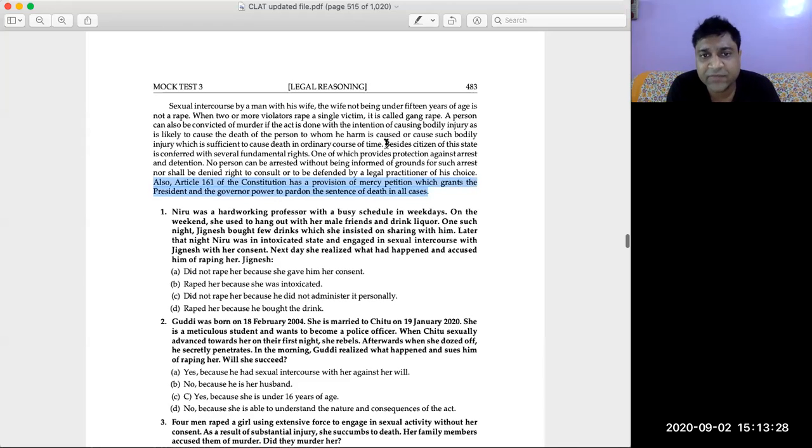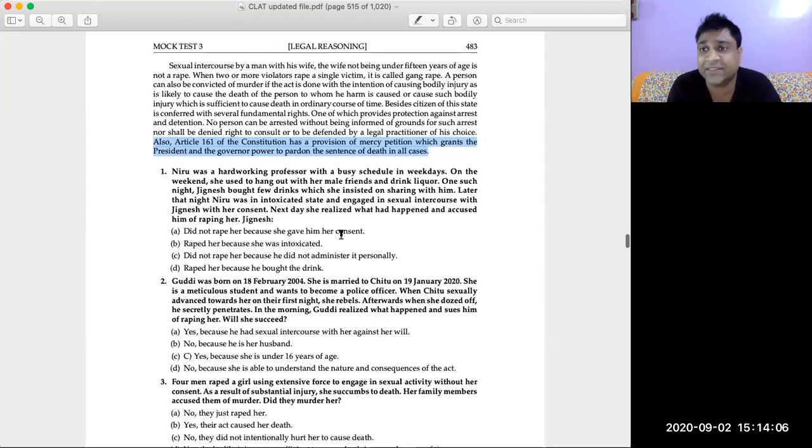Why? Because here, see, B is not wrong, but that's not the question. It can be granted or obviously, if you're going to put a petition, that means if you ask your mom, can I have ice cream? Obviously, she can say yes or no. But my question is that why do you have the right to ask for ice cream in the first place? That is because citizens of the state are conferred with certain fundamental rights, one of which provides protection against arrest, etc. And also another one, which provides for the right to pardon the